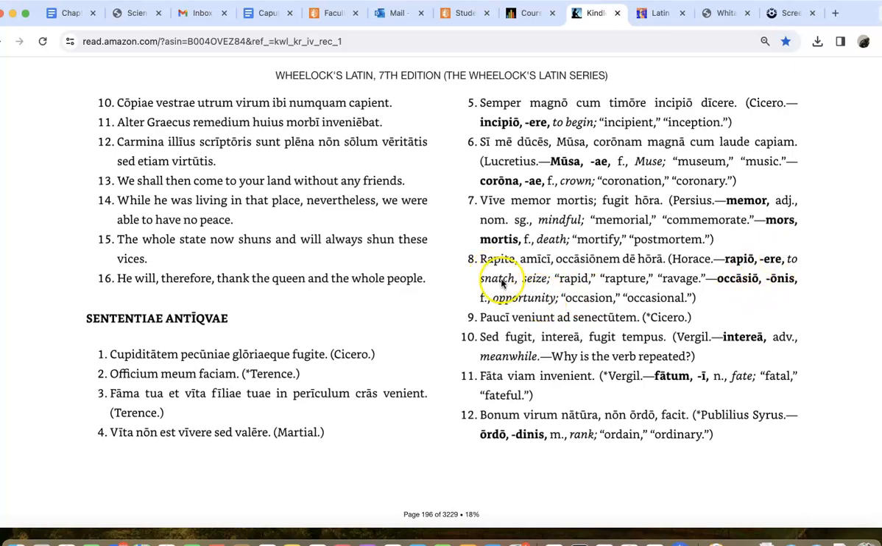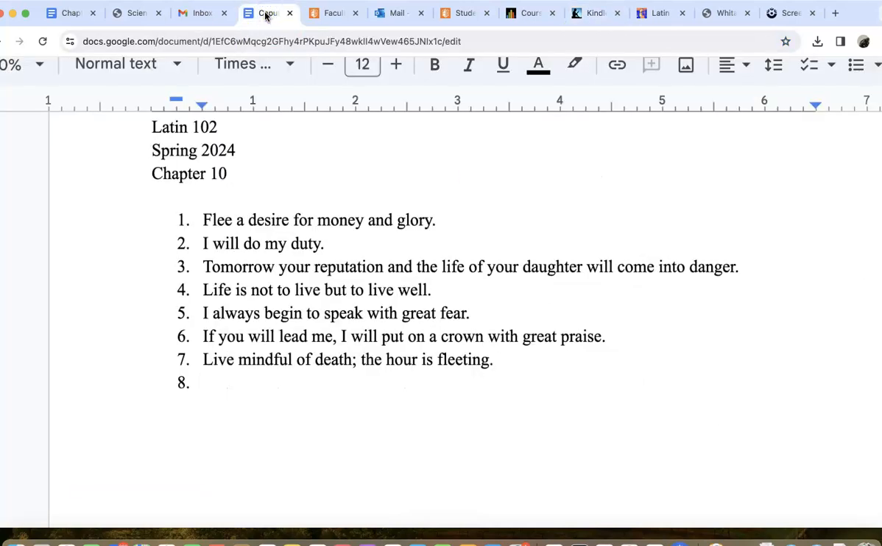Rapite, to snatch, to seize. Take the occasion of the hour, my friends. Of course, Horace elsewhere said, Carpe diem, seize the day. So, seize the occasion of the hour, or I guess they want to use opportunity. Seize the opportunity of the hour, my friends. So, seize the opportunity